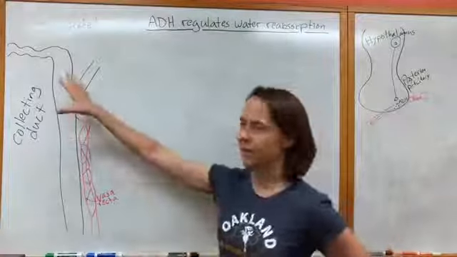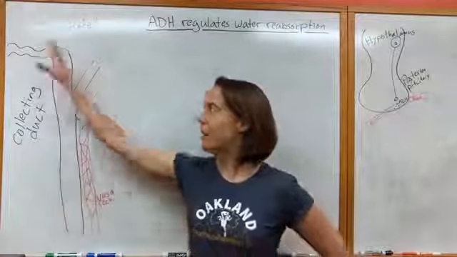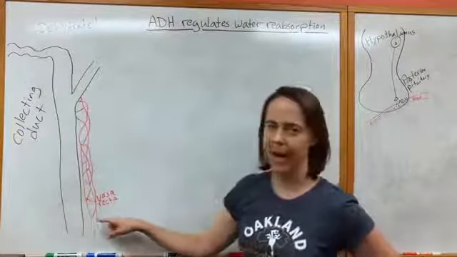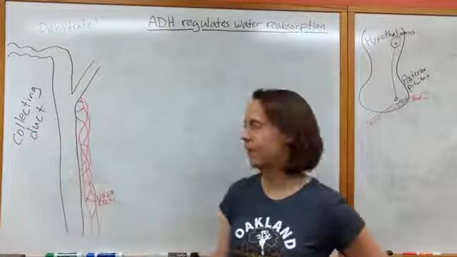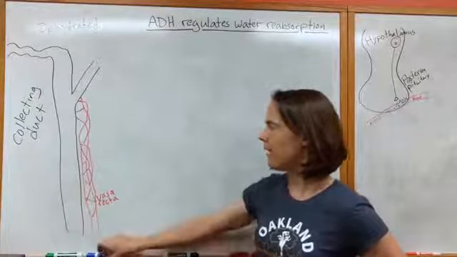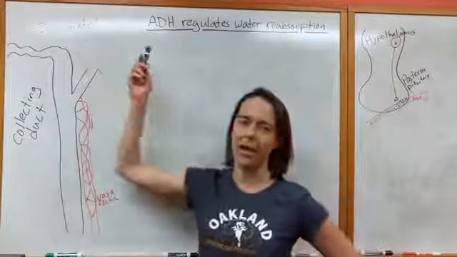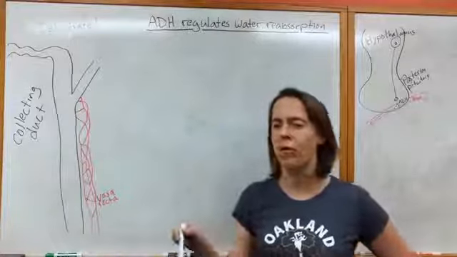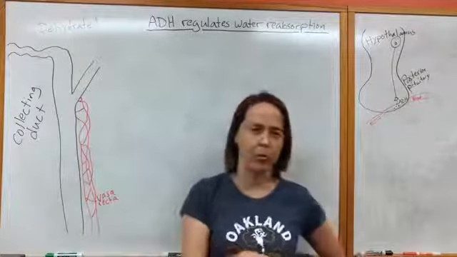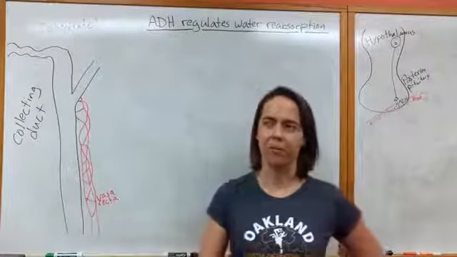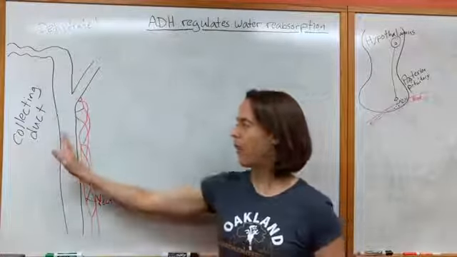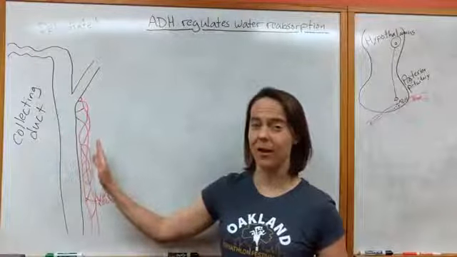So imagine this is the collecting duct, our nephron is over there, and we have the vasa recta, the capillary surrounding the collecting duct, and so we can do reabsorption. So let's pretend that we're in a situation where we are dehydrated. Would we want to do more water reabsorption or less water reabsorption in that situation? Remember that reabsorption is the movement of a molecule from the nephron back into the